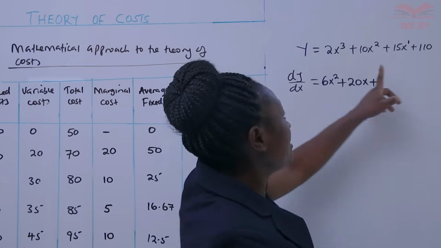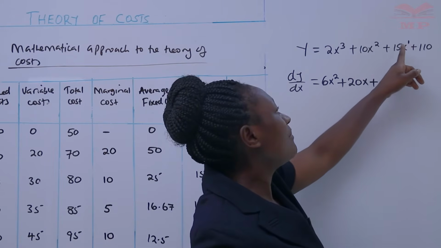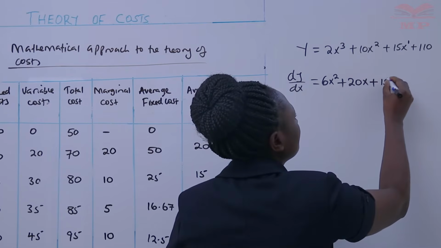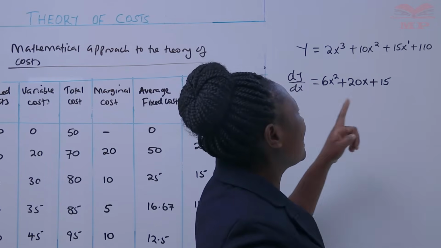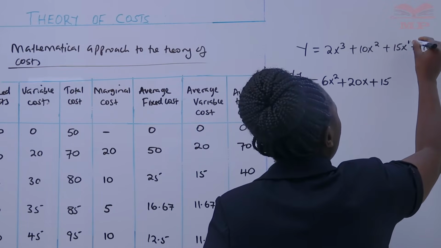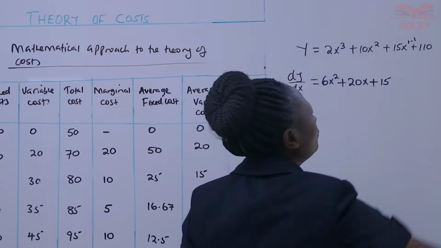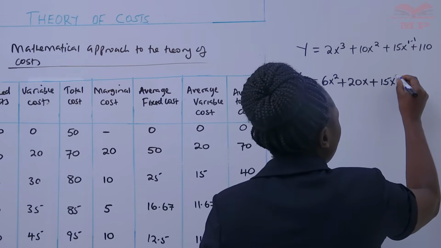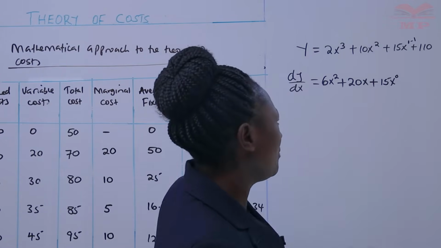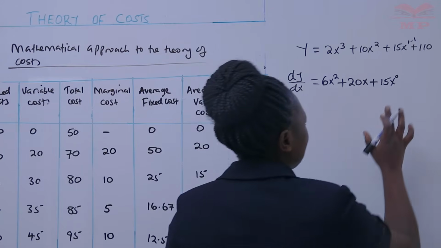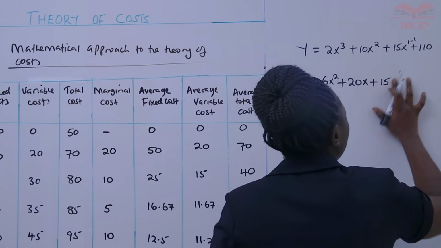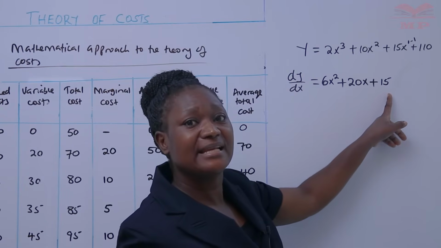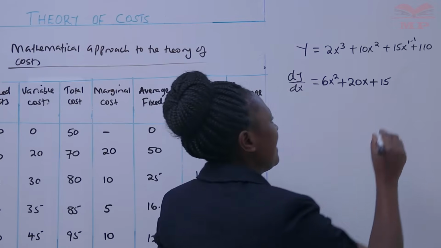So to differentiate, we are taking this 1, we multiply by the constant, which will give us 15. And so we reduce this power by 1. When you take 1 minus 1, we'll get a 0. And that means we'll have x raised to power 0. So x raised to power 0 is just like that constant having no unknown. So we write 15. You don't write x raised to power 0. And then plus